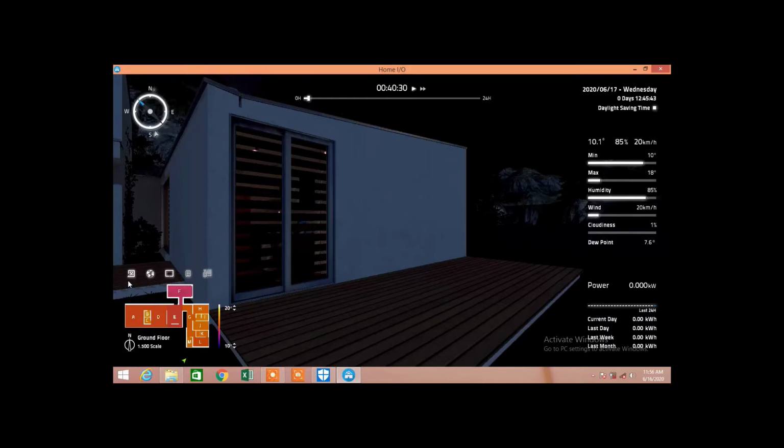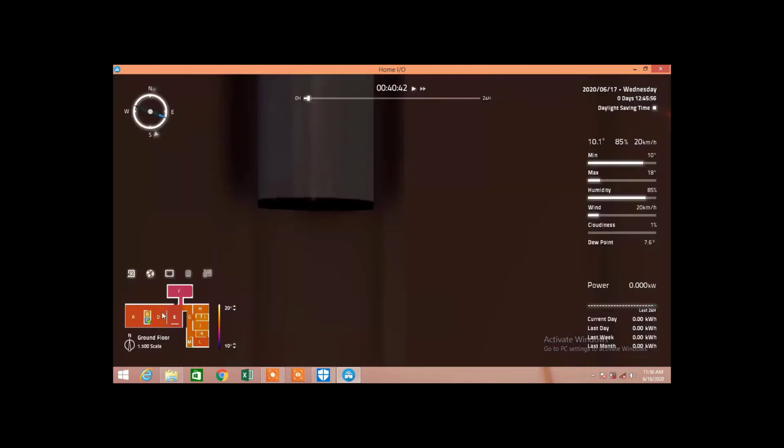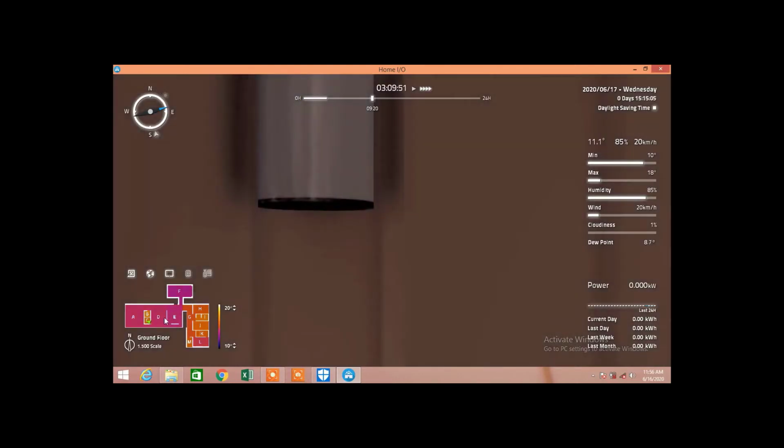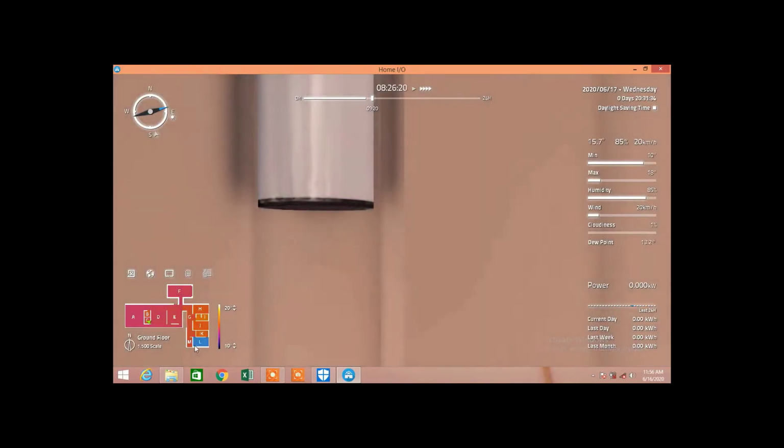On the left side you have the layout of your home, in which you can go directly into the rooms A, B, C, D. Let me put it back to daytime. Here there are different rooms D, E, G, H, I, J up to M.